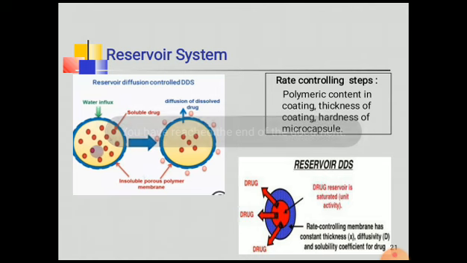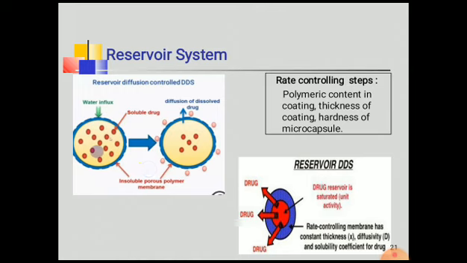When water enters, whatever is inside, the matrix system, that is the yellow color. This matrix is made up of a water soluble polymer, so it will absorb the water and start to dissolve slowly, because we are using a water soluble polymer. Once it absorbs enough water, it will dissolve completely. Once the matrix system is dissolved completely, the drug particles will start to diffuse out through these